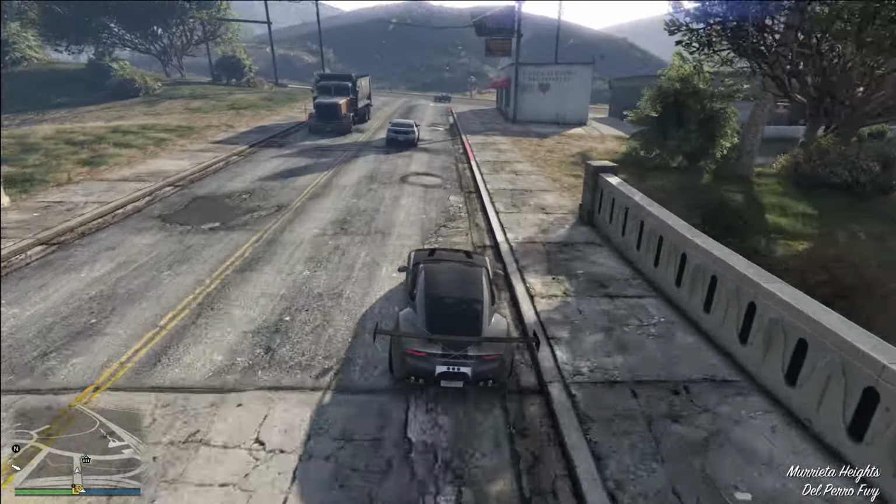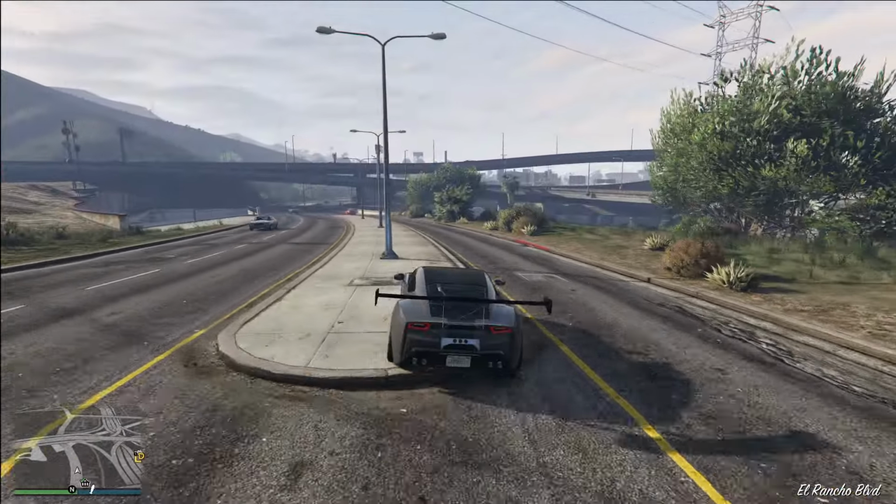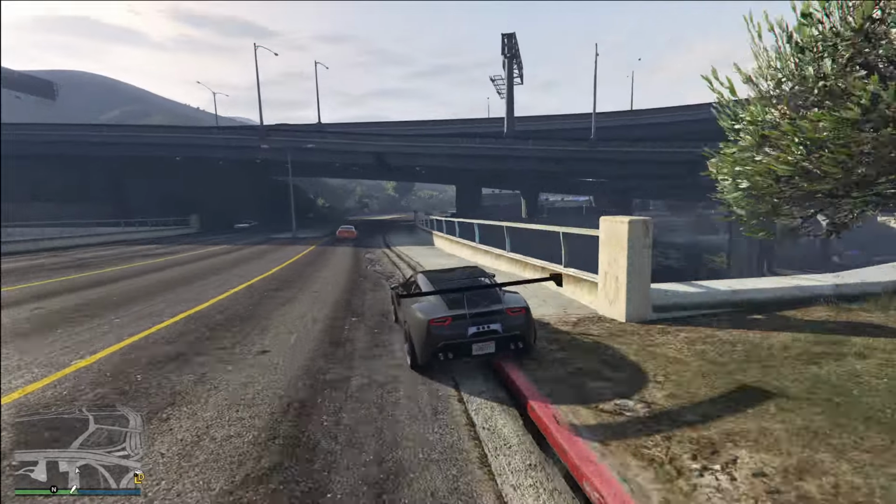Not only that, but the Pariah is one of the fastest sports cars in the game. It features fantastic handling. It is an absolute dub of a vehicle, so I would highly recommend to get this car